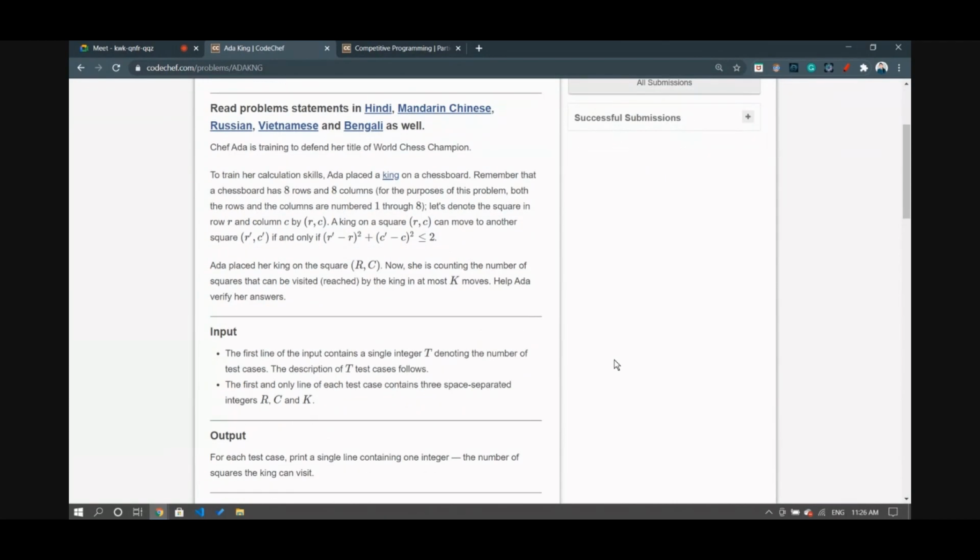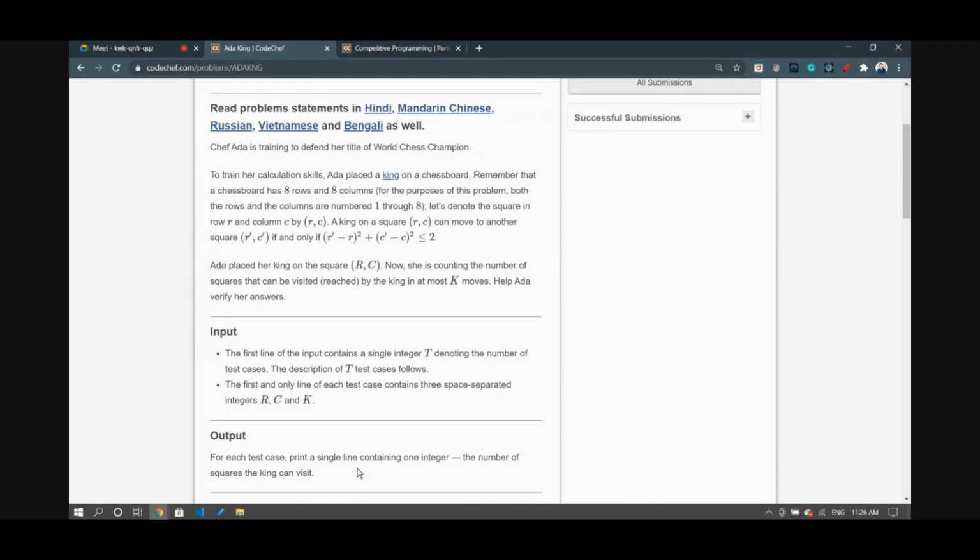This is a problem based on the chessboard and the king. The inputs are given as test cases: the position of the king on the chessboard and the number of moves, the utmost number of moves.